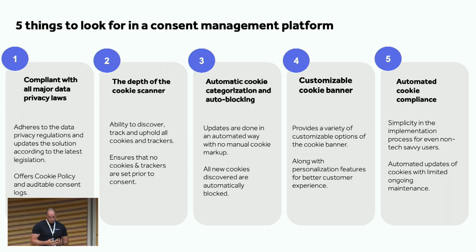Automatic cookie categorization and auto-blocking. We have no illusions about that: what we offer is not a sexy, fun, or cool product. Nobody likes banners. Nobody likes worrying about whether or not you're being GDPR compliant. It's a pain in the ass, and we realize that, and that's why we try to take as much of the work from you. So we have an enormous repository of every cookie we've ever found, and then if we